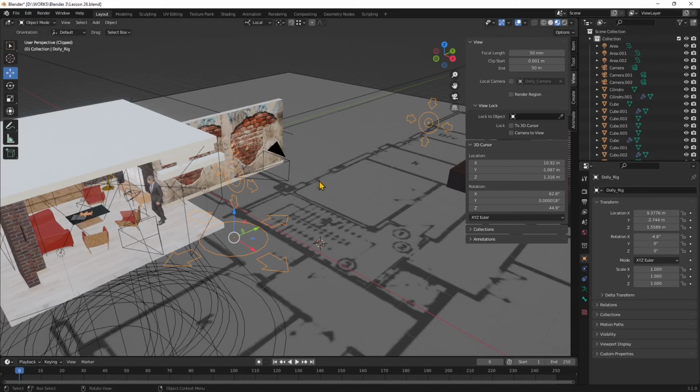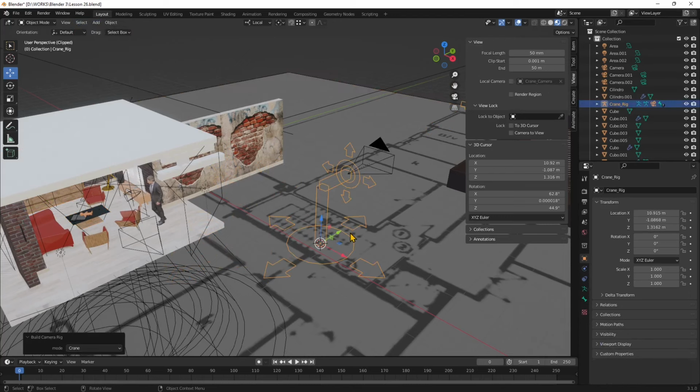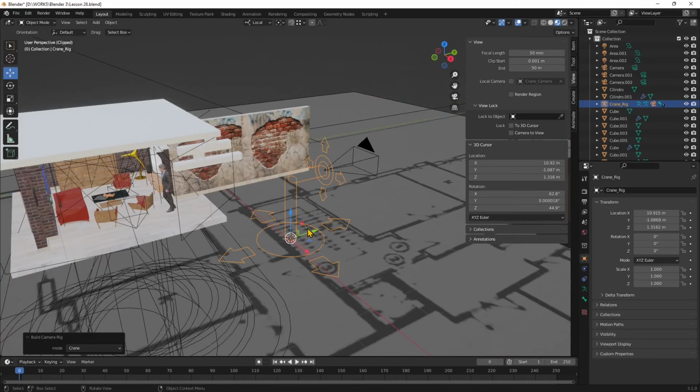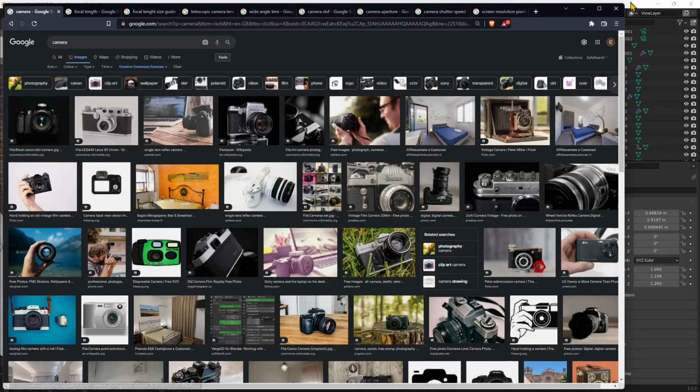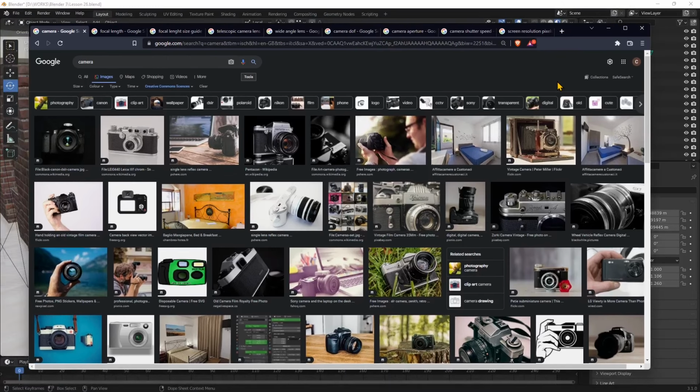It's right there, you can use it. And also, let me go back. Another one here is the crane camera rig. So it's something, again, a little bit more complex. Okay, so we saw how we can create cameras. Let's get into something more technical, which represents what happens in reality. So again, in reality,